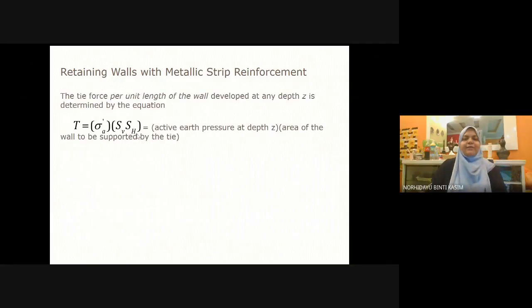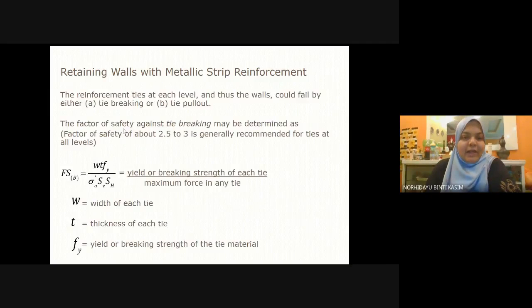And then SV and SH is the area of the wall to be supported by the tie, right? The reinforcement tie